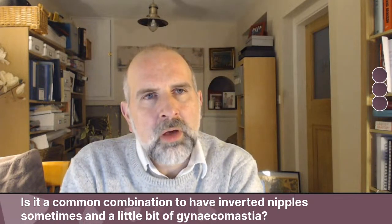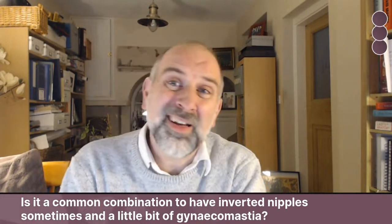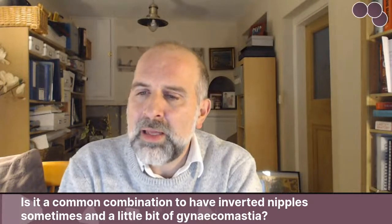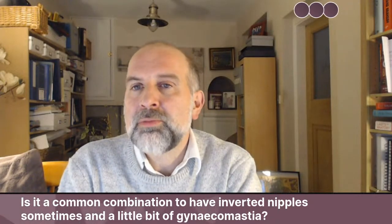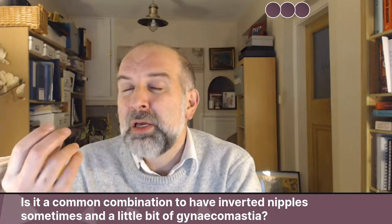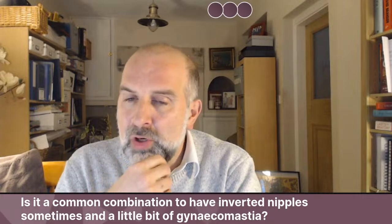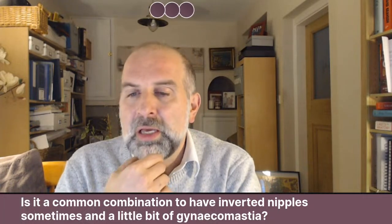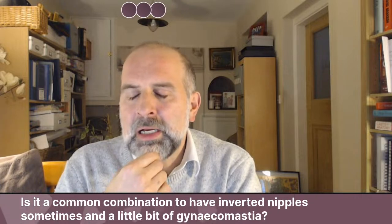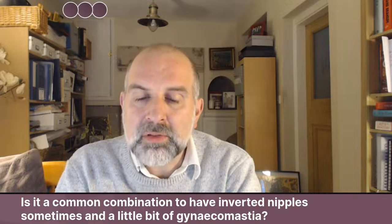Not really, no. I mean, inverted nipples is less of a common issue with men, and obviously gynaecomastia is, by definition, with men. It's excess breast tissue in a male. So inverted nipples is more common in females because it's due to scarring and tethering of the milk ducts. So the short answer is no, it is not a common combination to have inverted nipples and a little bit of gynaecomastia. It would also be difficult to,